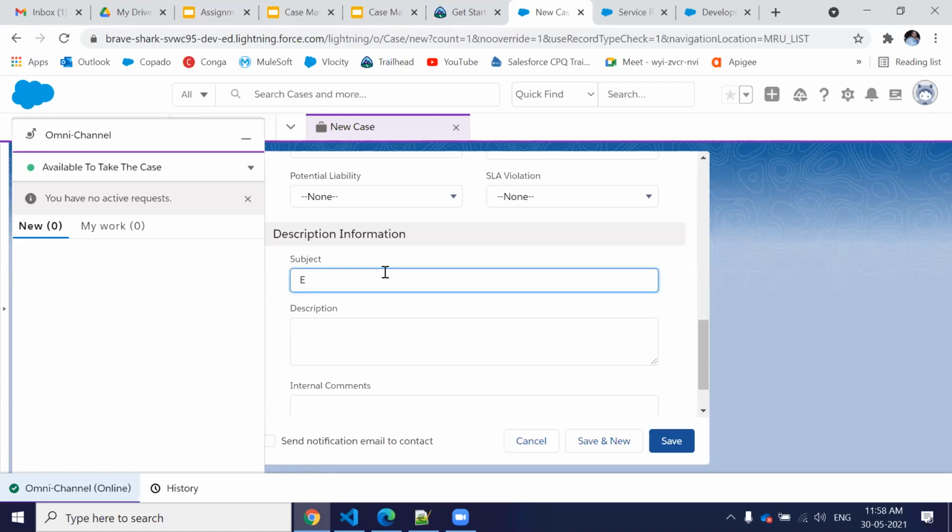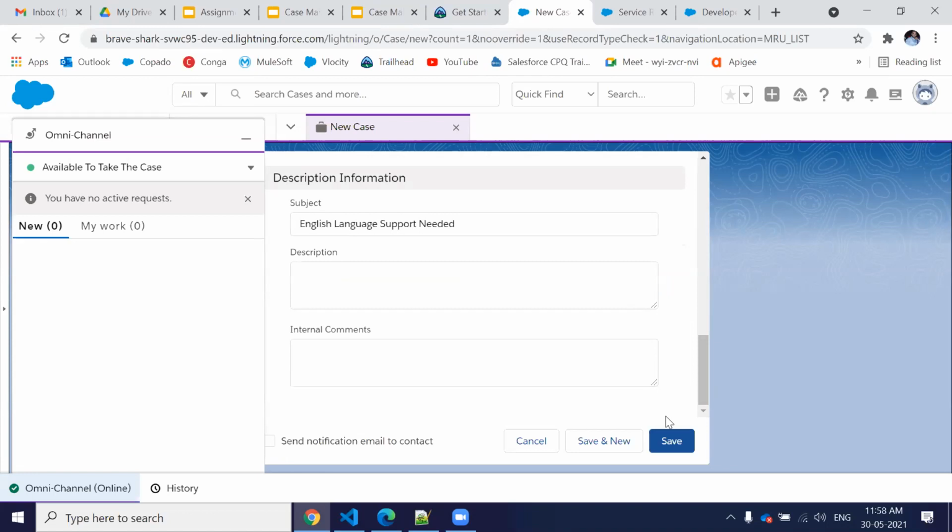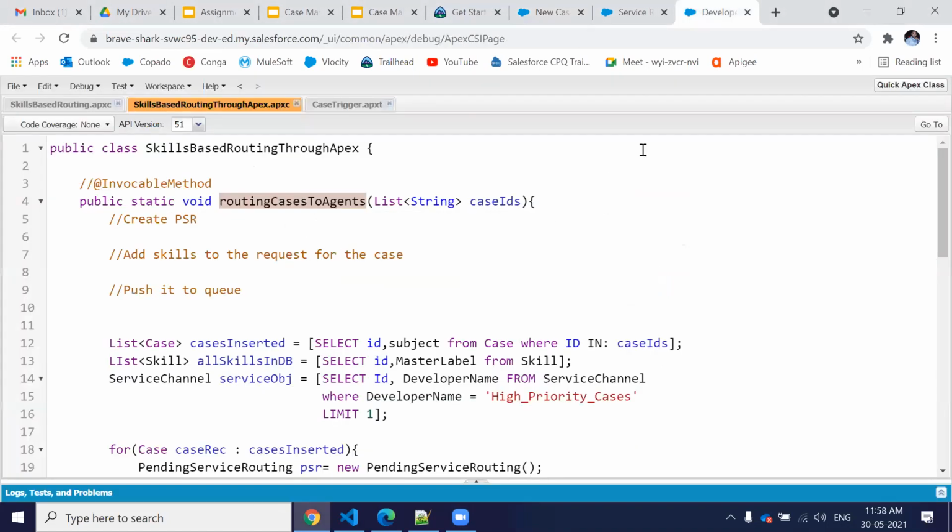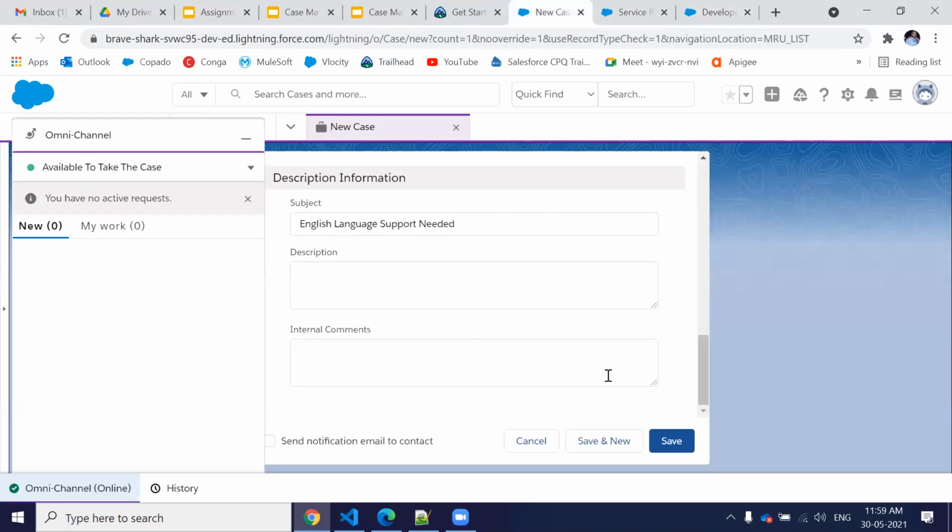So we provide English language support needed. My subject contains my skill label here. So I'm assuming my condition will match, it will trigger the after insert trigger, and run this logic. Let's see what happens. Keep your fingers crossed and save it.